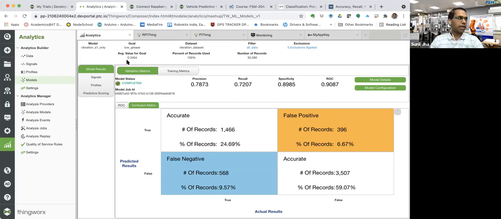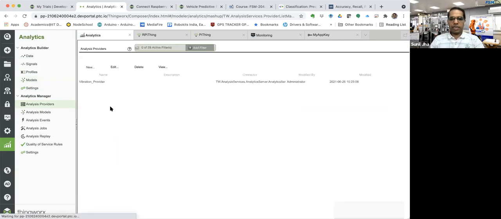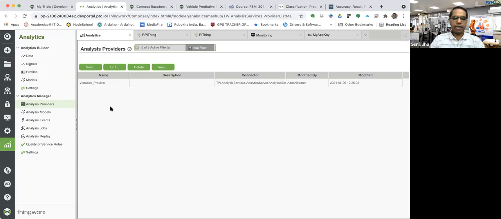Once your model is done over here, I will come to the deployment part and I will go to the analytics manager. There I will be connecting the real-time data from the edge thing that is coming over here.